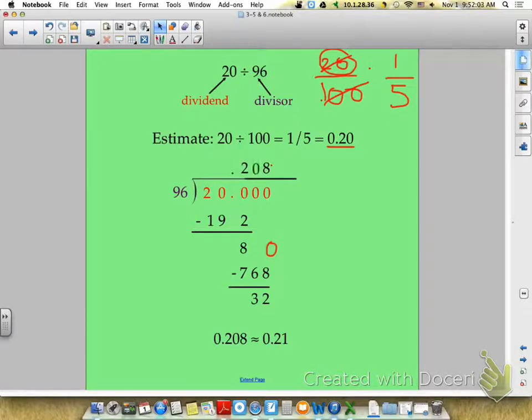0.208. Yeah. And the next one is 3. Because you bring down a 0, you have 320. And then... You all hear what Ms. Fallon said? Okay, so he's saying it's